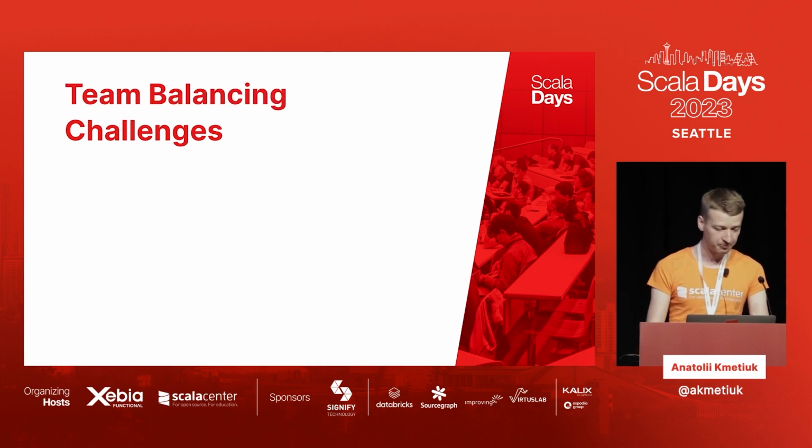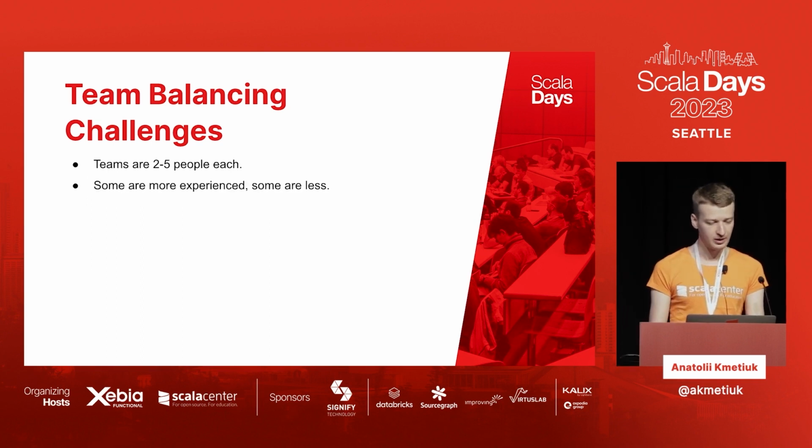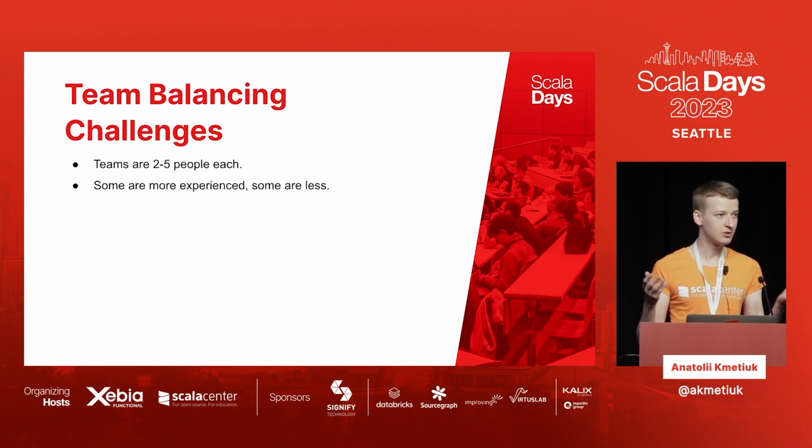The biggest challenge here was probably the team balancing. So what does that mean? Well, it's pair programming, right? So we need to split people into teams. Teams are usually 2 to 5 people. But the challenge when we allow people from the outside is that some people are more experienced, some people are less experienced. And we want people to have a good experience with the program, so we do not want to just put them in a room with other new people like them, not knowing how to even compile the compiler.